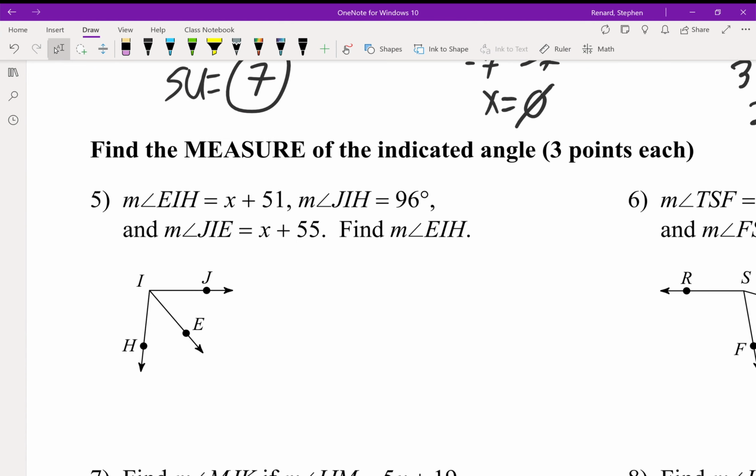Okay. These are the same general idea. So we have yellow and blue make green. So if we add up the two inside angles, we get the outside angle. How do you set this up? Well,